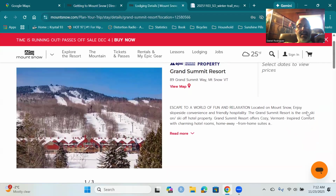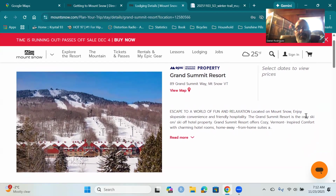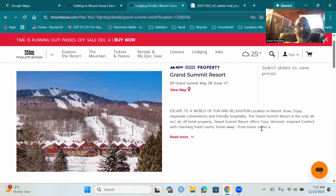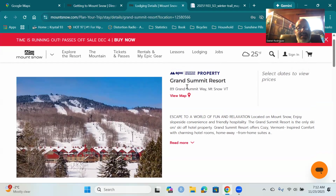If you want to stay at Mount Snow, there's certainly tons of locations to stay. I'm an Expedia fan. I go on Expedia, get a nice place to stay somewhere nearby and drive. I have no problem with driving. I love driving. Now, other people want to just wake up, drink their coffee or tea, and get into their skis and go to the slopes. If you want to do that, I think the best option is, unless you want to book a house